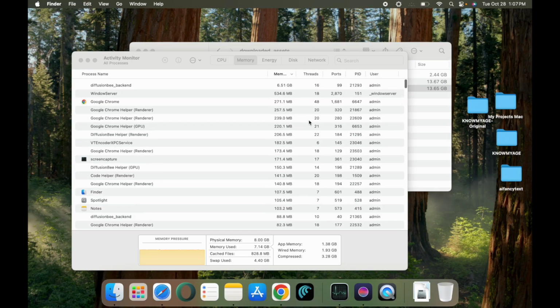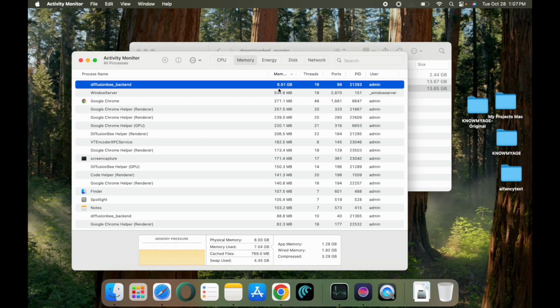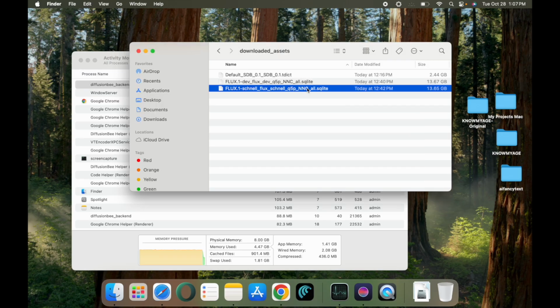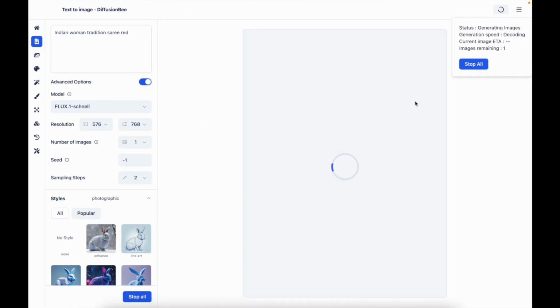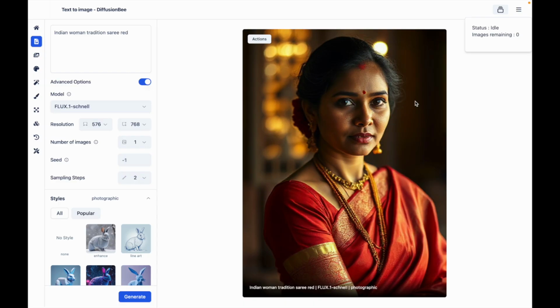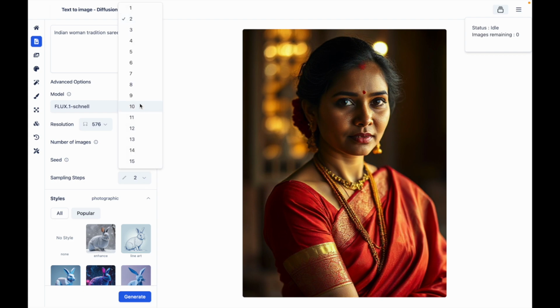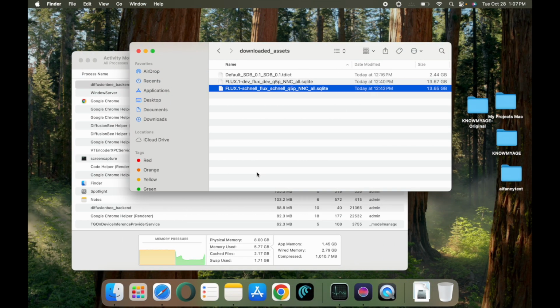Okay, so it's using a lot of RAM, because the file size is around 14 GB, so it's going to use it. As you can see, the image it created. Okay, it looks good. If I say beautiful woman, then there's a beautiful woman. So that's how it works. If you increase the steps, it will create better images. I can show you that. If I increase it to 4, it was 2 and now 4. If I click generate, now as you can see here,